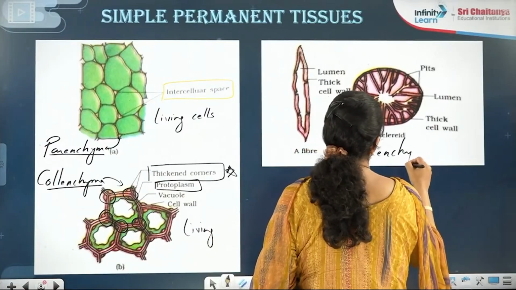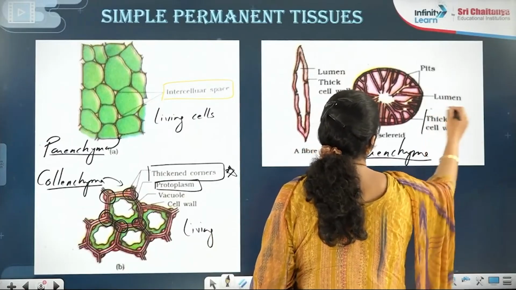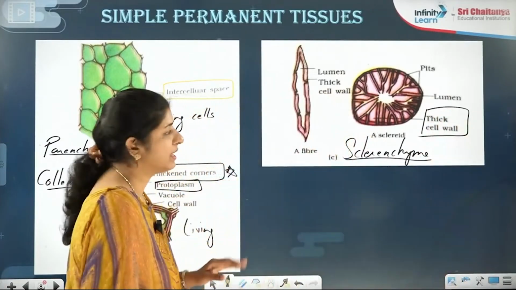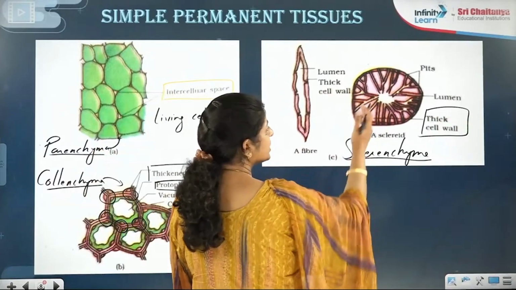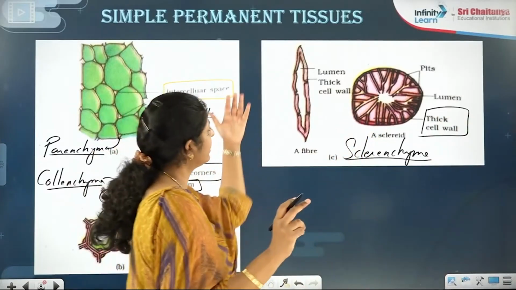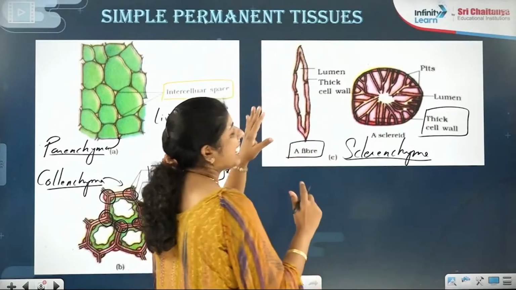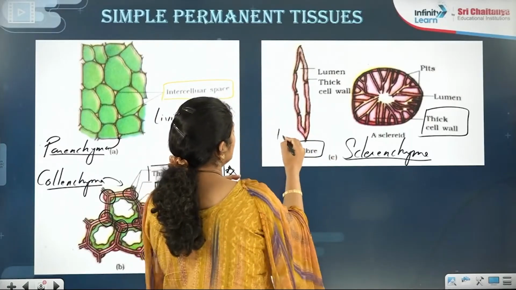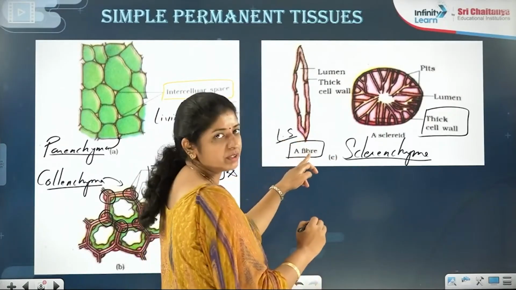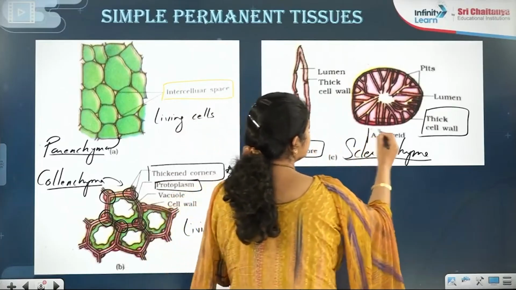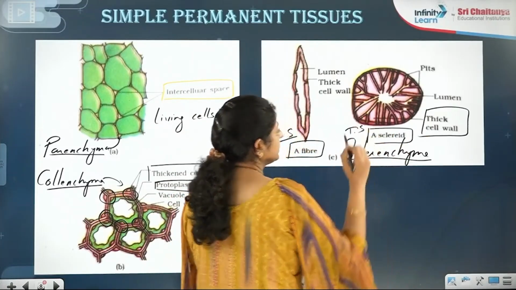Sclerenchyma has a thick wall throughout, right? Now, this is not a longitudinal and transverse view. No doubt, it is the longitudinal view of fibers, a separate thing. I must say this is a longitudinal section, but of fibers. And sclereids are another type. It is showing the transverse section here.